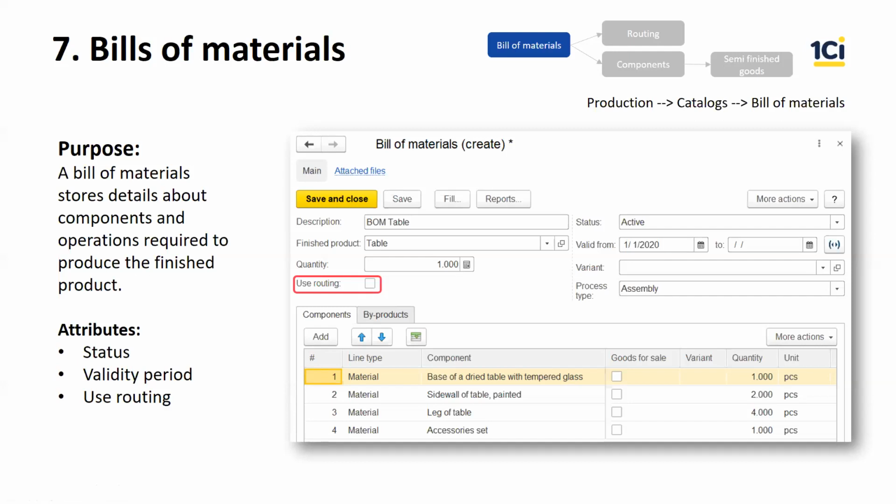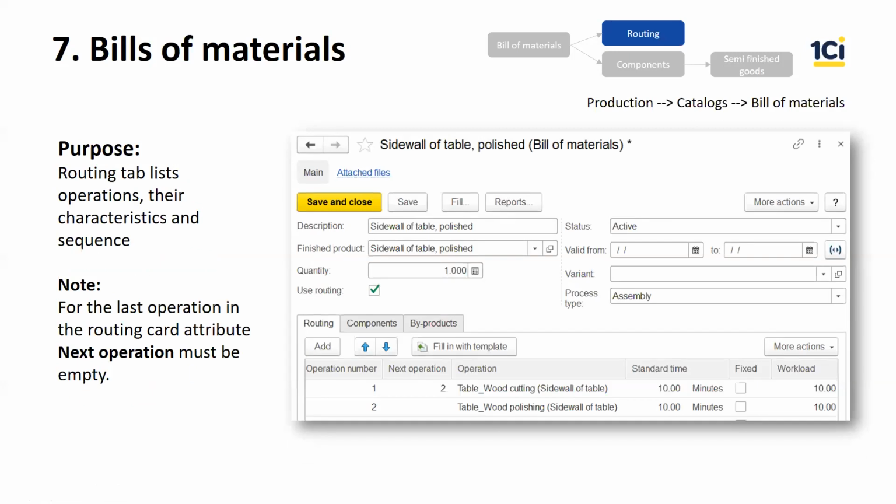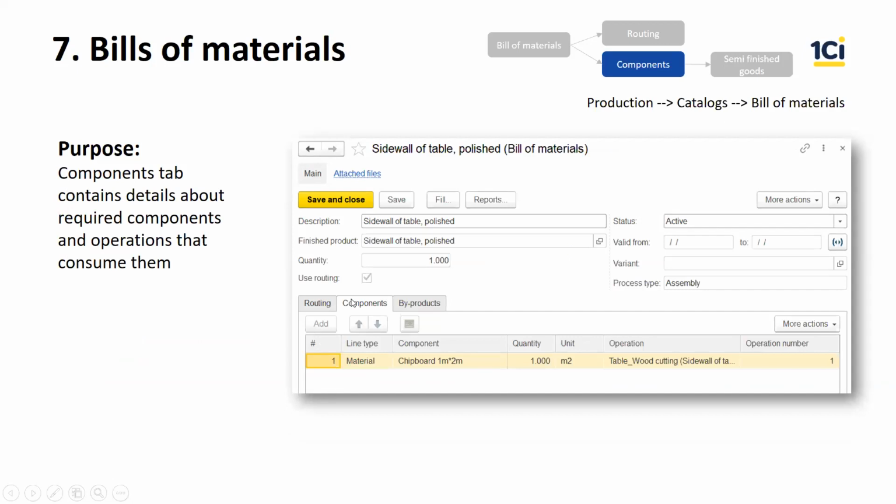This is use routing. When we select this checkbox, the routing tab is available to us. Here we specify the process map, so to say, the sequence of the operations that must be followed, as well as standard time and workload for the operation. Those are pre-filled from the operations catalog, but you may adjust and correct them manually if necessary. On the components tab, we see components